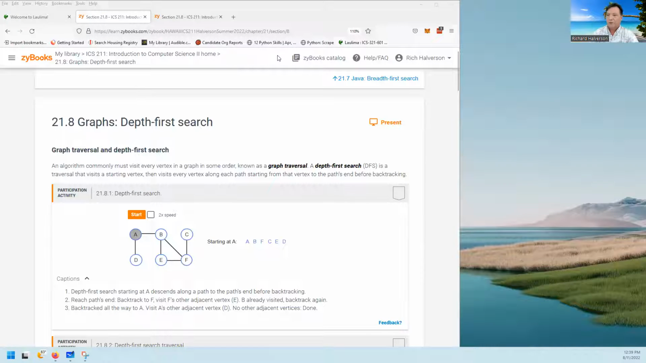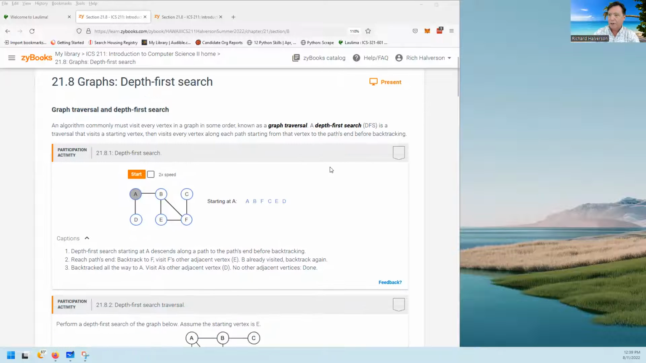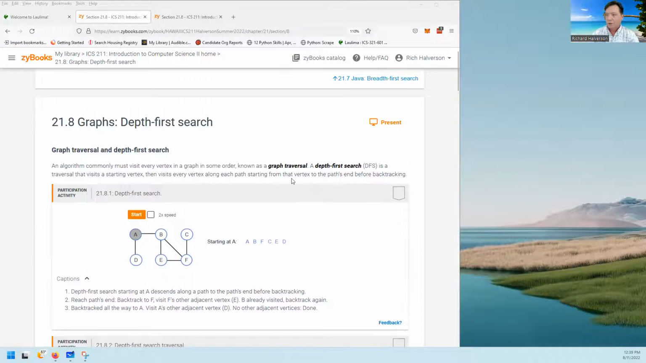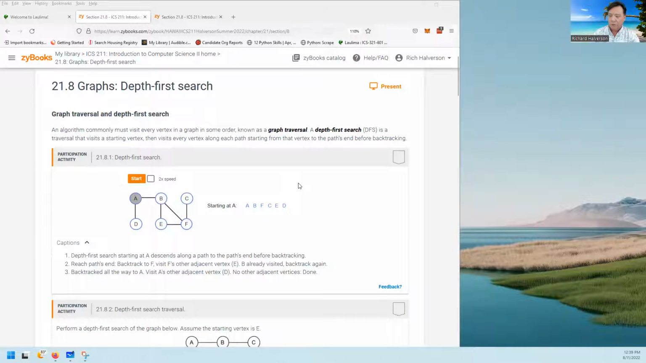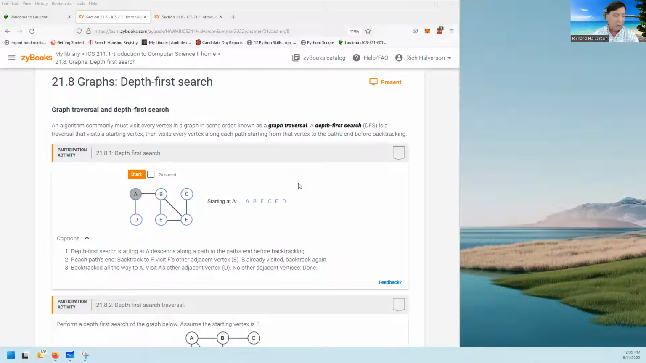Okay, this is the depth first search section, and with depth first search, when we traverse through a graph, we always go downward before we backtrack. So if there's a path forward that we can take without going back and visiting a node that we previously visited, back where we came from, we take that path. So for example, here,